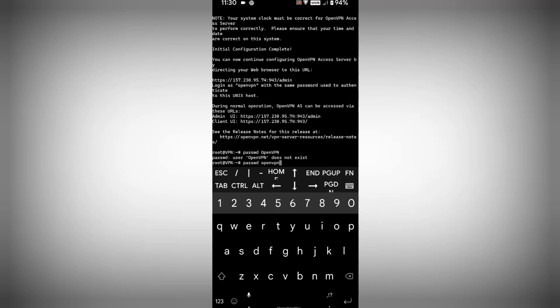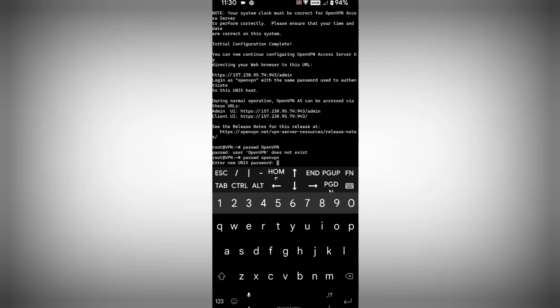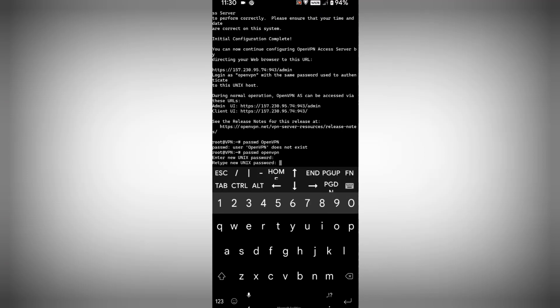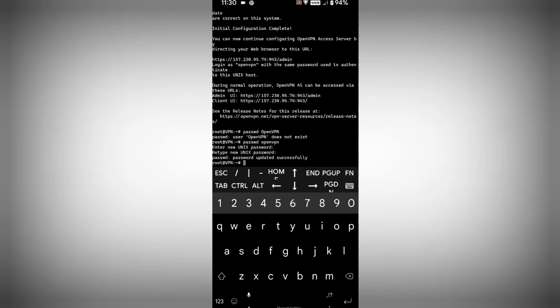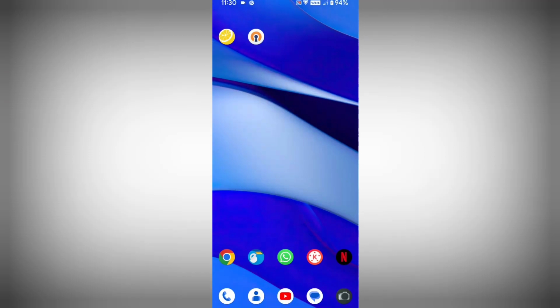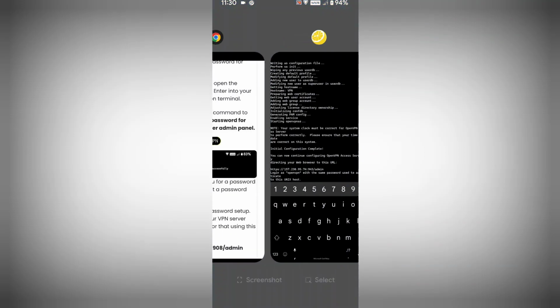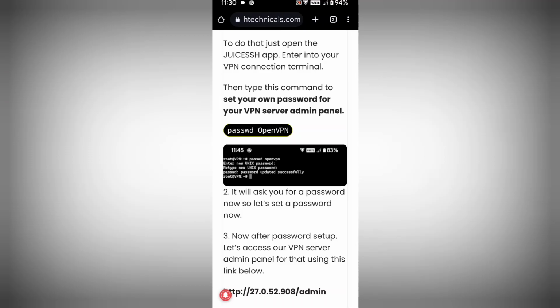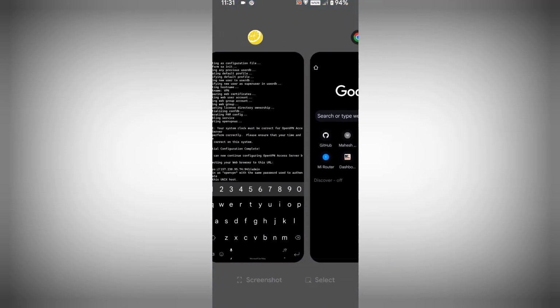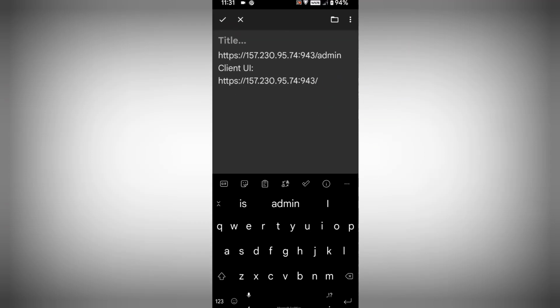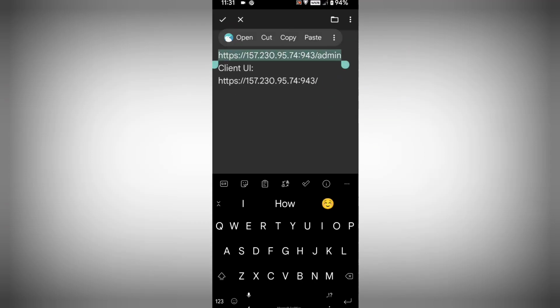This is the mistake in the above command, okay, because we have capital letters, so type small letters. Then type your password. I am going to type 6 zeros. It is a very simple password, but you will not see it in your terminal, okay, so you need to type it manually. After the password setup, now you are ready to connect to your OpenVPN admin panel. Just copy this admin URL,